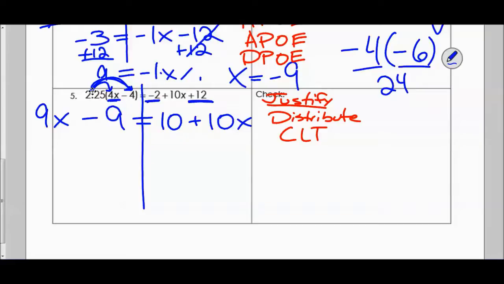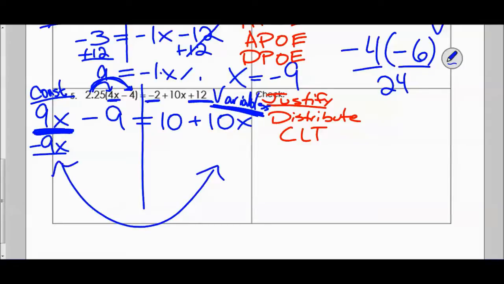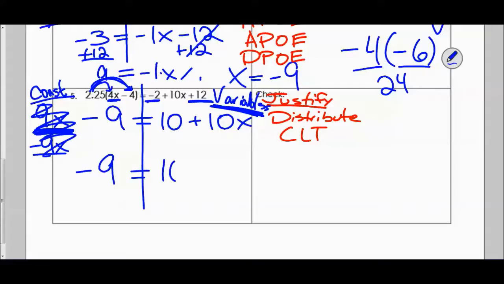From there, we're going to try to move all of our variables. I'm going to move them to my right side, and move all of my constants to the other side. So I'm trying to move all of my variables to the right side. That means I need to cancel out this positive 9x. So I'm going to subtract 9x from both sides. Remember, you're always using addition or subtraction when you're trying to combine like terms on two different sides of the equation. So we're subtracting 9x there, that cancels out, we get negative 9 equals, that's 10 plus, this is 10x